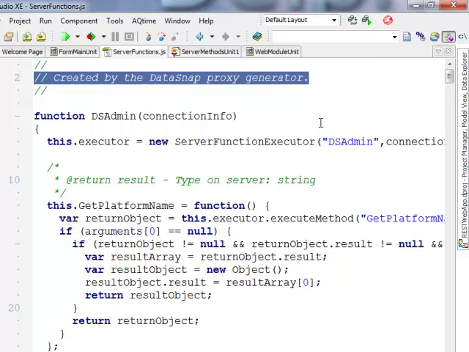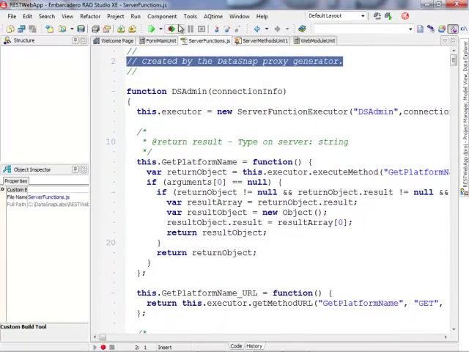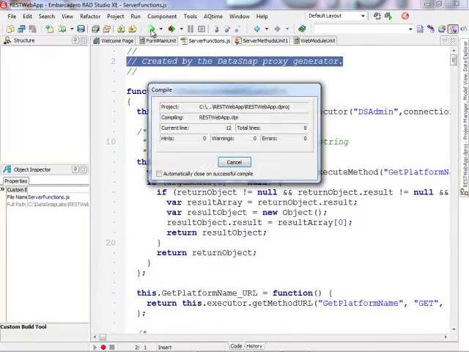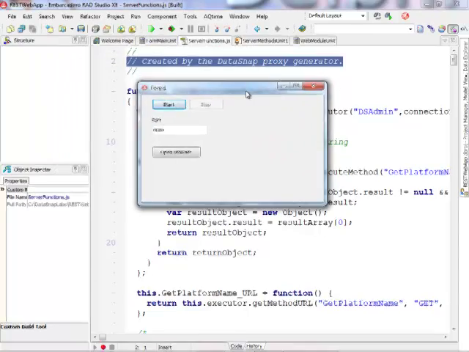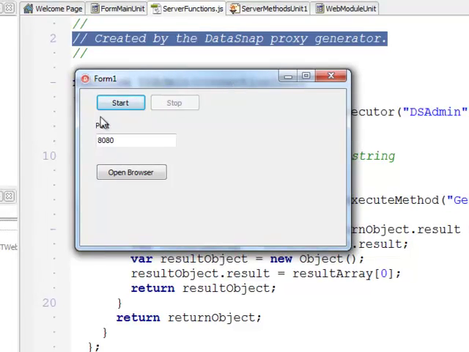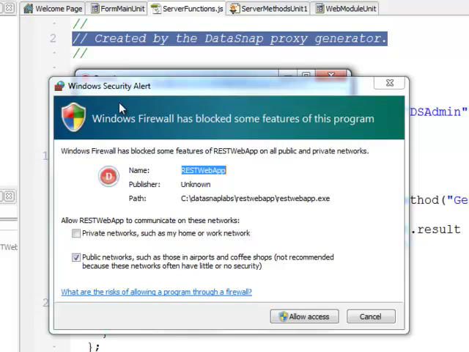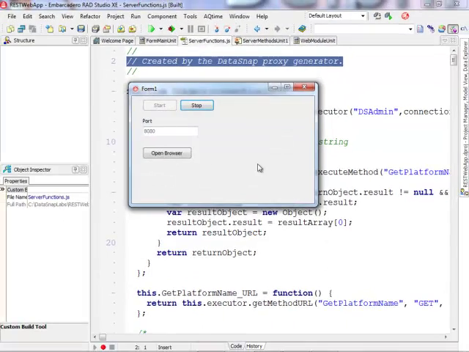This time DataSnap proxy generator was used to generate the proxy code. Okay, so maybe it's a good idea to run the application to see what kind of output you are going to see. So that's my main form. This is the port I'm going to use. If I start the server, it will now start to listen to the HTTP port 8080,